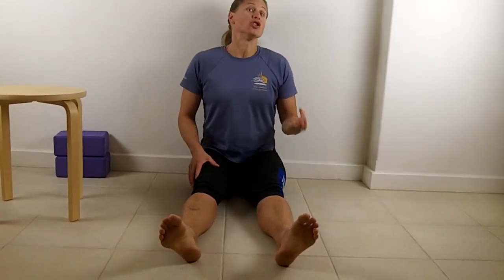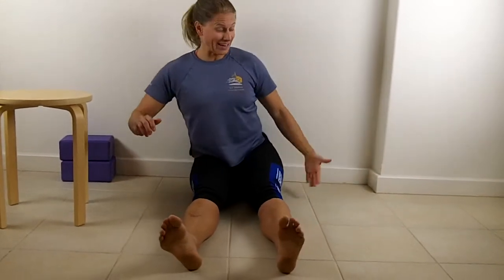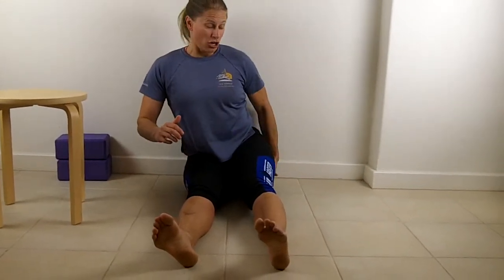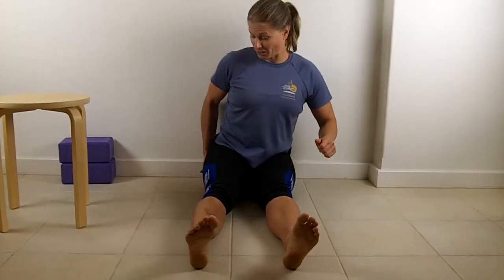I'm Kristin Marvin. Sitting on the ground, which a lot of athletes do not do, but I highly recommend it. Right now I'm doing a little test, and I'm making sure I'm sitting on my ischial tuberosities, my sit bones. I can take my hand and touch just underneath the butt, and I feel a bone, make sure I'm sitting on it. Doing the other side, touch that bone and just take my skin up off my butt,